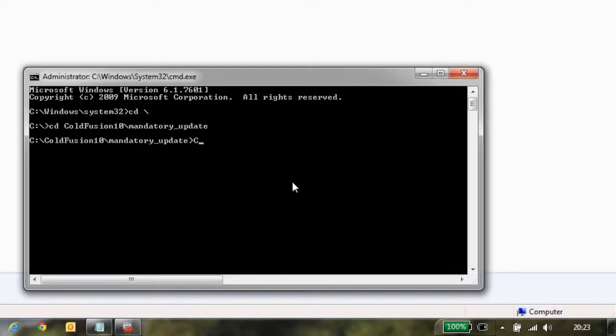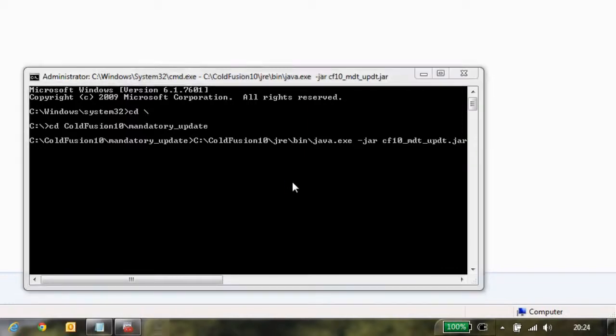So you can invoke ColdFusion Java by doing this: C:\ColdFusion10\jre\bin\java.exe -jar followed by the cf10 mandatory update jar file name, then press enter, which will launch the installer.